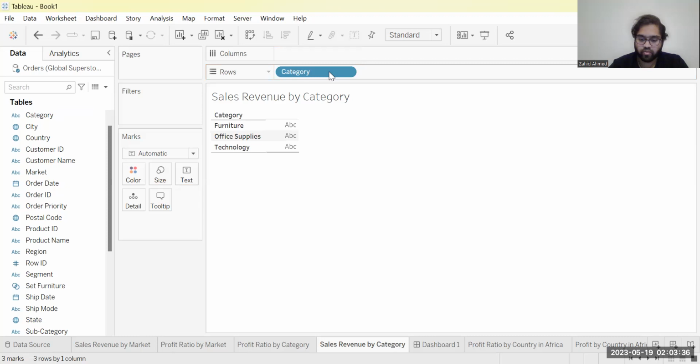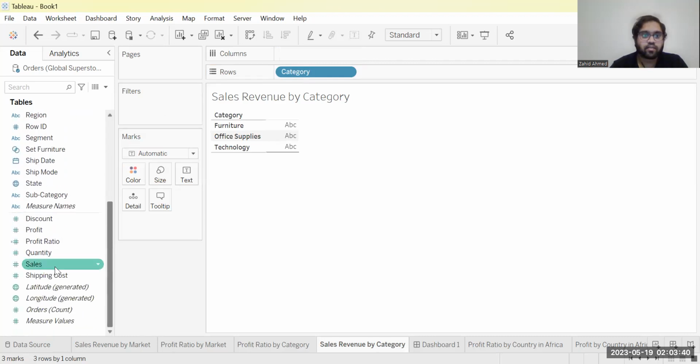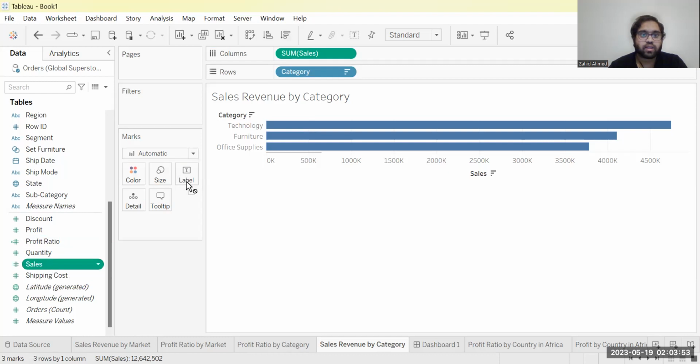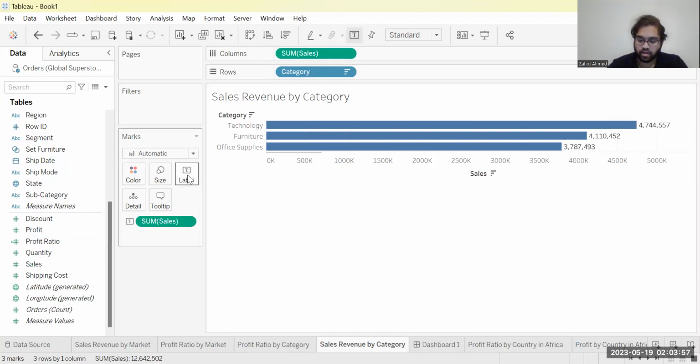And then we need to drag sales to the column. So we need to find sales and drag it to the column. And now we need to select descending order. Now we need to drag sales to the labels. So sales to label. And then we need to click sales,